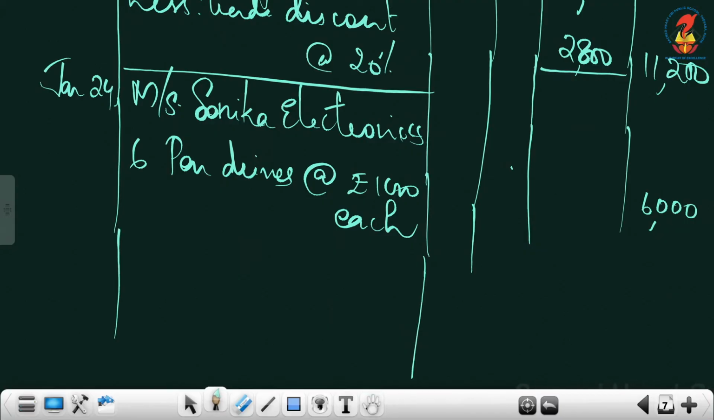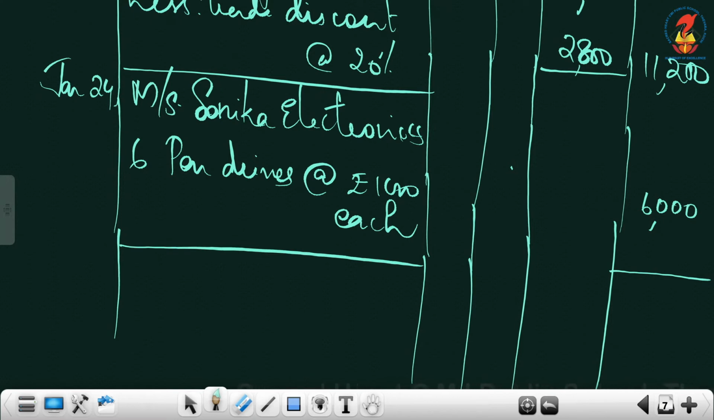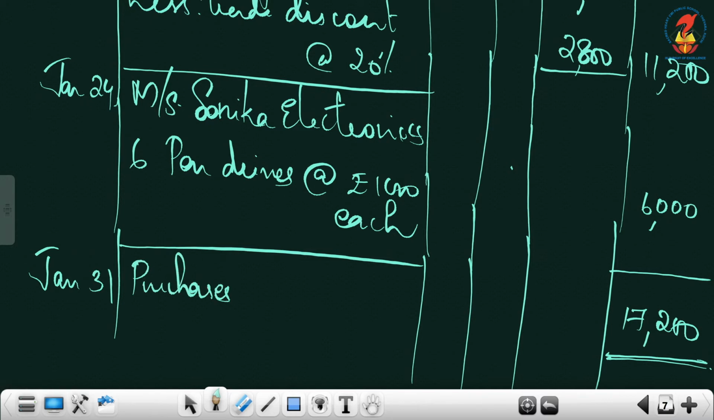Okay. Now you can add your amount column. The transactions are only 2 transactions, no? Yeah, only 2 transactions. Now you can add this amount column, which is 17,200. Now double line this figure. Here you must write month end, that is Jan 31st, and here you must write purchases